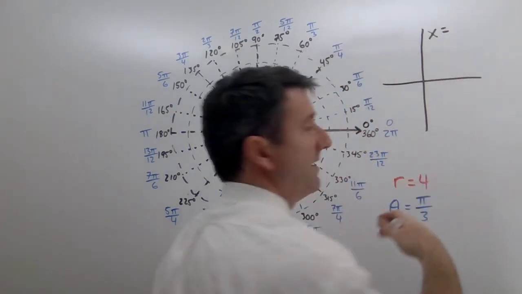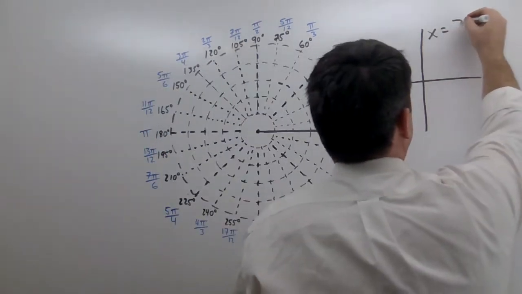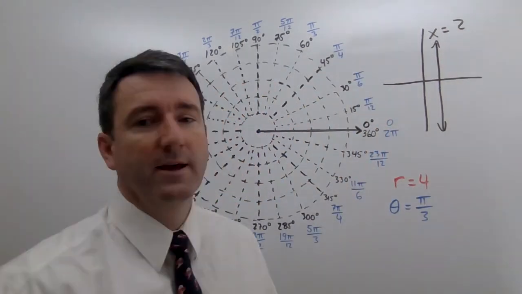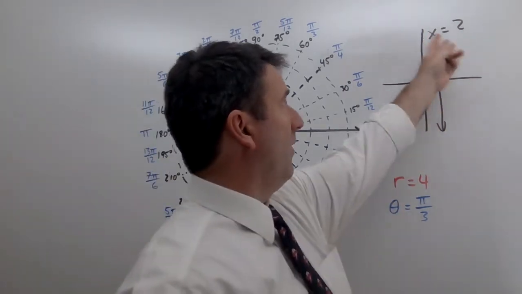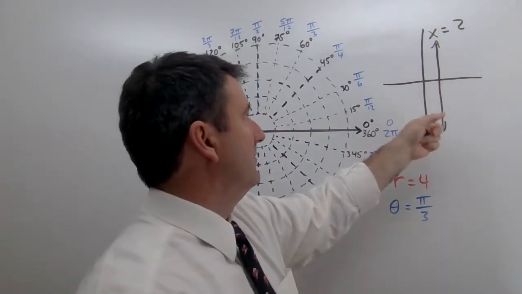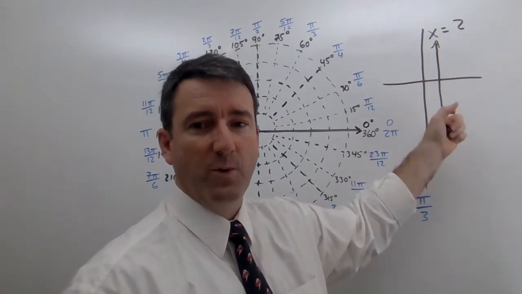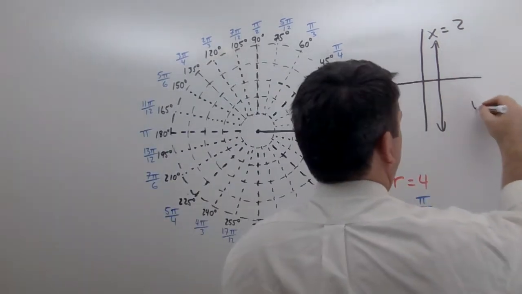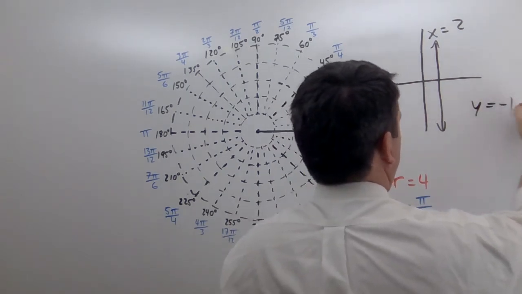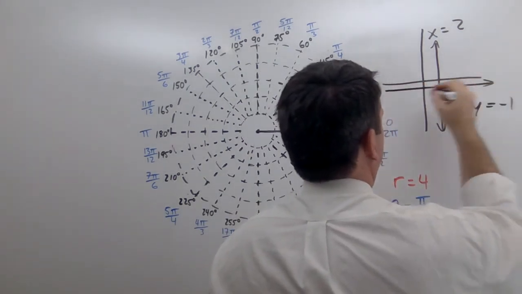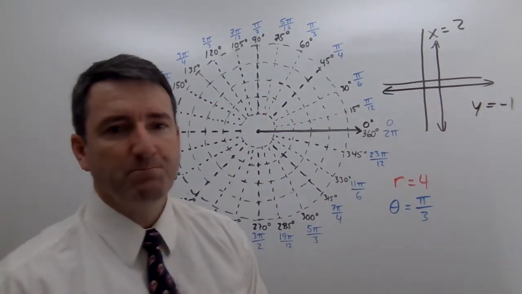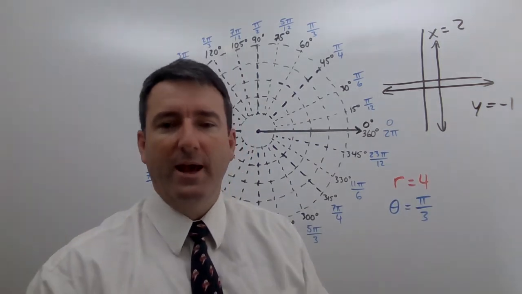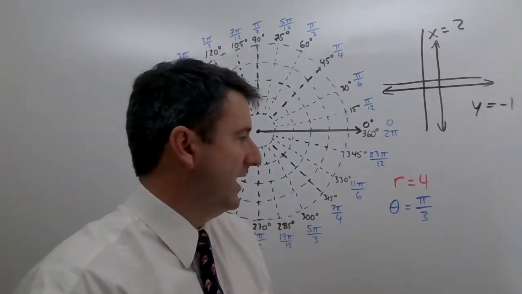x equals some number, let's say x equals 2. That's just going to be a vertical line at x equals 2. y can be anything. And so we're just graphing all of the points where the x coordinate is equal to 2. Similarly, if we have y equals, say, -1, we're going to have a horizontal line representing all the points where y is equal to -1, and x can be anything. All right, so